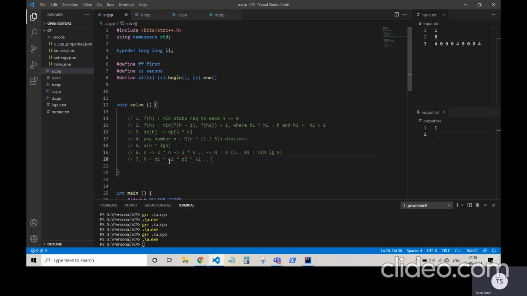When p1 would be the smallest, when any one prime factor is the smallest, we know that the smallest prime factor is 2. So if I can express n as some 2 to the power k, it may not be exactly 2 to the power k, it may not be entirely divisible by this, but whatever it be, I would have at max log n, right? Log base n factors, and a summation of this for all n in the range of 1 to N.